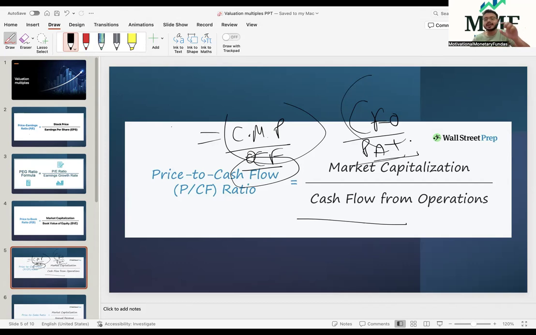That total sales component consists of both the cash sales as well as the credit sales. Cash sales is fine because we have sold the goods and we have got the money, and that money is getting reflected in the cash flow statement. So for example, if 100 is our total sales, it doesn't mean that 100 is the total revenue. You will add other income and other operating income to it, and then you get the total revenue. Here, I'm just talking about the total sales.